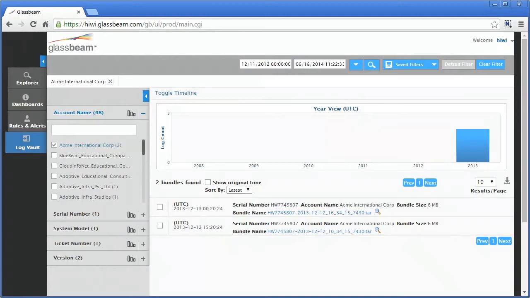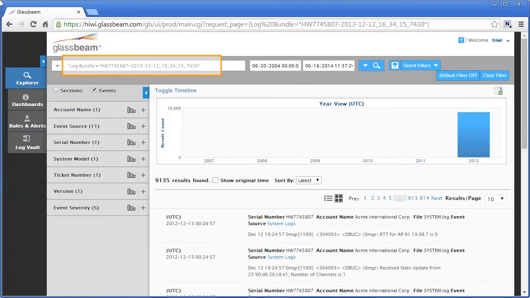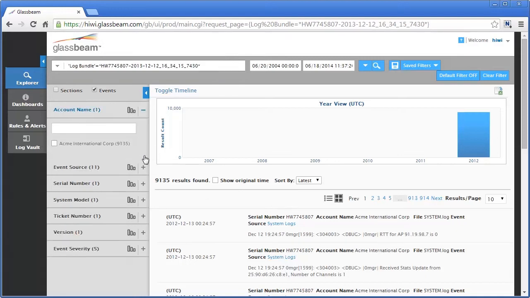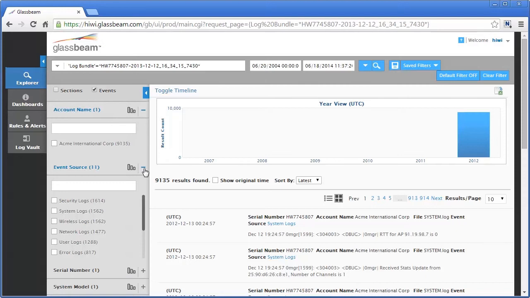only that bundle. Glassbeam Explorer can be used to search across all the log bundles or search within a specific log bundle. To select within a specific log bundle, click on the search icon next to the log bundle, or copy the log bundle name and search within the keyword called log bundle. Notice that because a specific log bundle was searched, all the facets have been filtered to match the log bundle